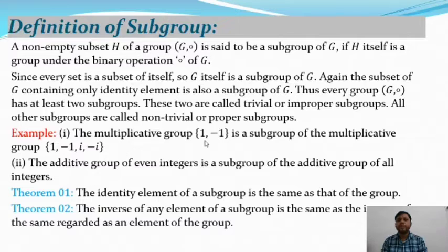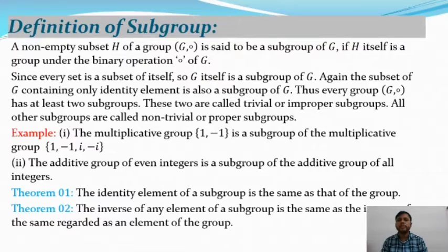So therefore, under composition, the multiplicative group {1, -1} is a subgroup of the multiplicative group {1, -1, i, -i}, and the additive group of even integers is a subgroup of the additive group of all integers. So in that case, consider (Z, +), where plus is the operation and Z is the set of integers,